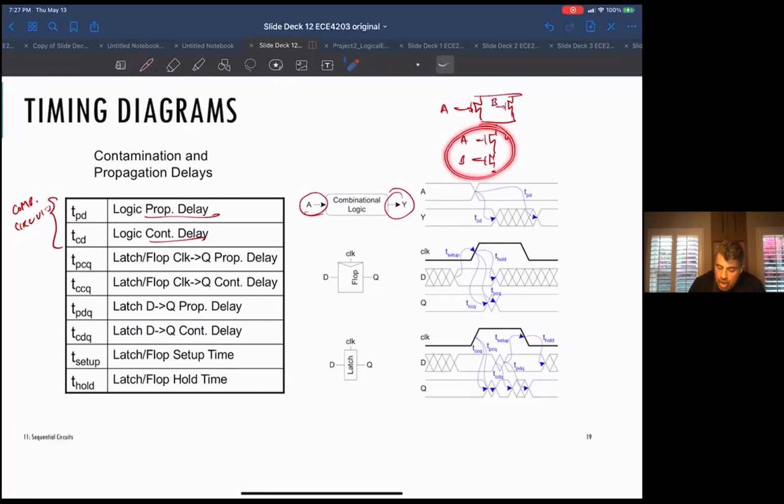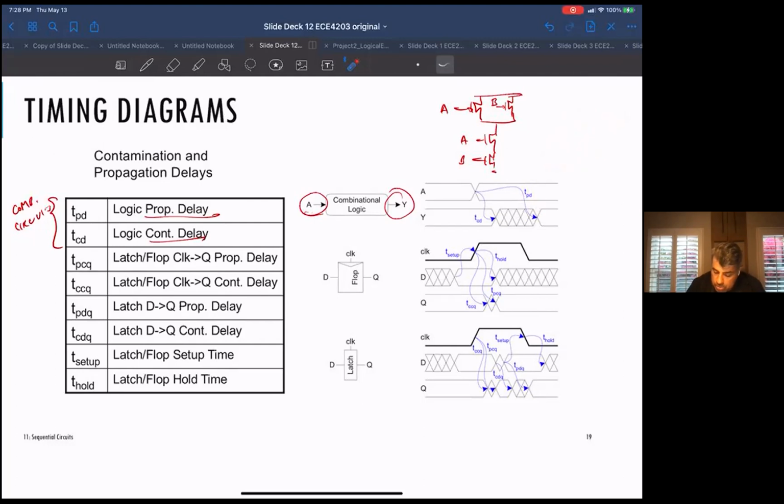If both inputs go high, you go low. So there's only one way to do it, but there's more than one way to go high. You could either have this one on, or that one on, or you could have both of them on. If you have both on, you go high a lot faster, theoretically twice as fast, as if you had only one on, meaning you could have a very fast rising transition